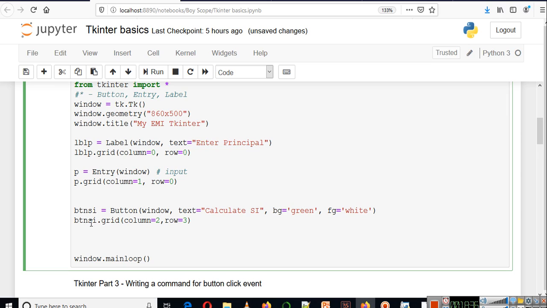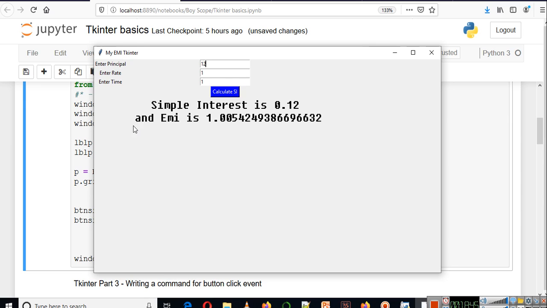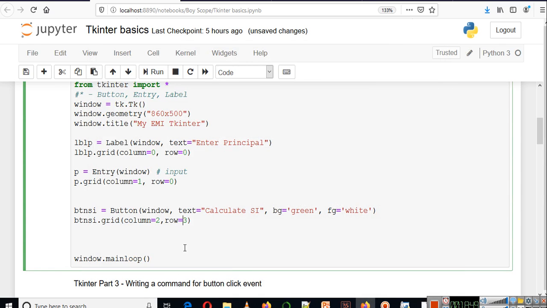This grid method is used to place the element in your window. I'm going to place it in row 0 itself.